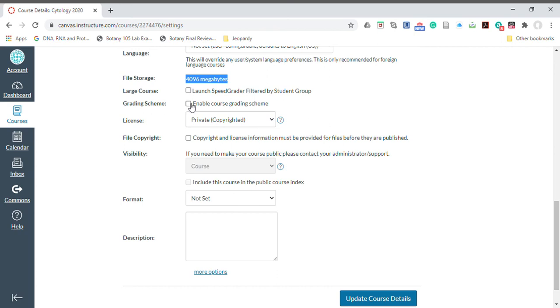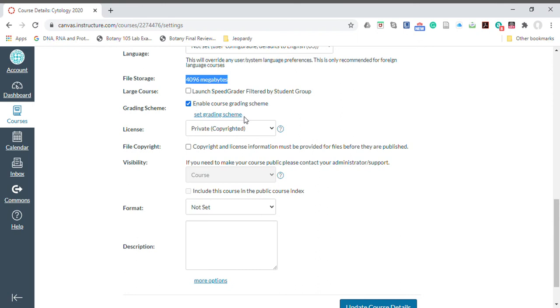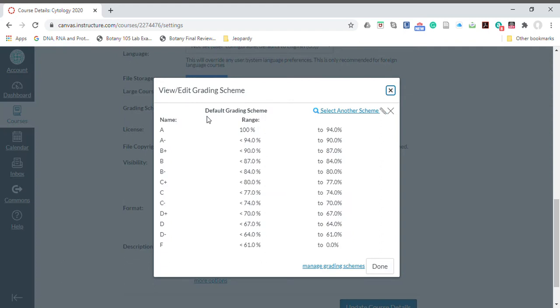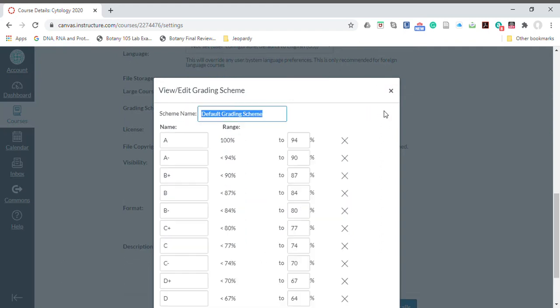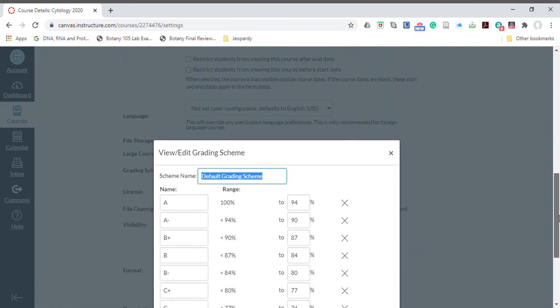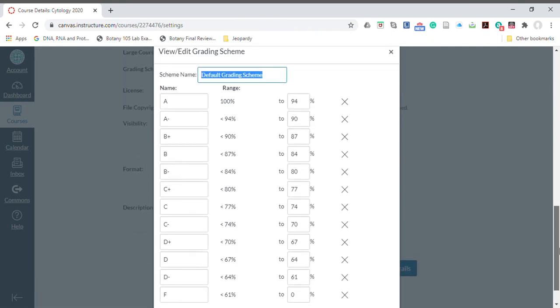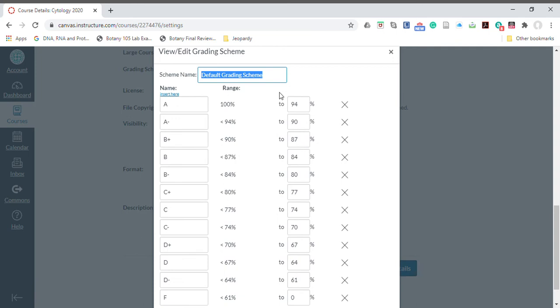Grading scheme: you can enable a grading scheme for the course. And how you do that, that will tell you whether the student got an A, an A minus, a B plus, and so forth within the course. So to set a grading scheme, I don't have any default grading scheme that I could just go from since this is the free version of Canvas. So